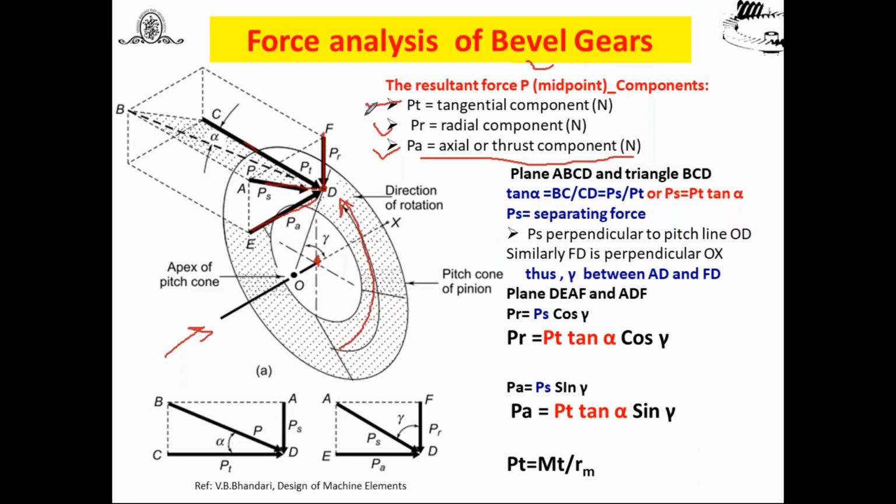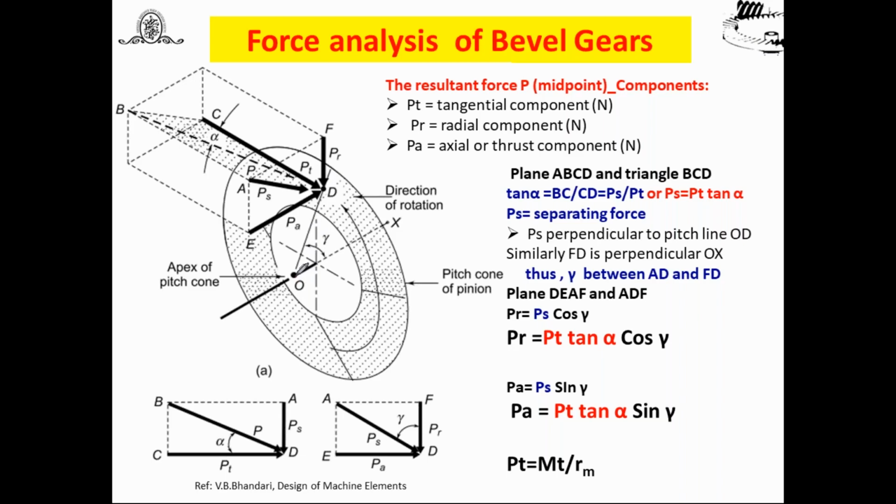But if we compare with the helical and other gears, another important component is PS. Why is PS important? It's a separating force, because you know very well a bevel gear is a hanging type of gear, like a cantilever. Even though it rotates and transmits the power, there may be a possibility of a separating force which acts at the pitch line, or you can say the tooth line. That's why the separating force plays an important role in the case of bevel gear compared with the other ones. Then this is the apex of a cone, as I have already told you.